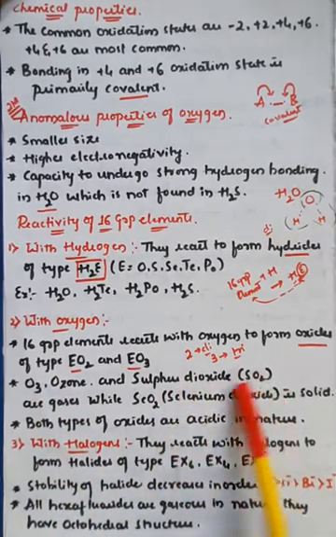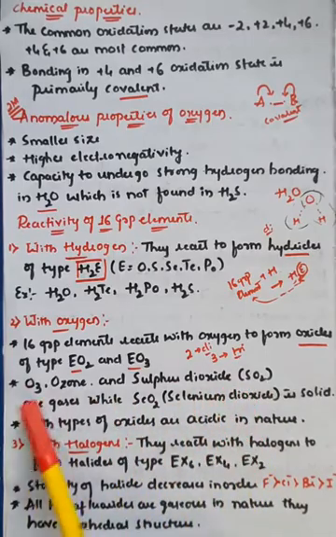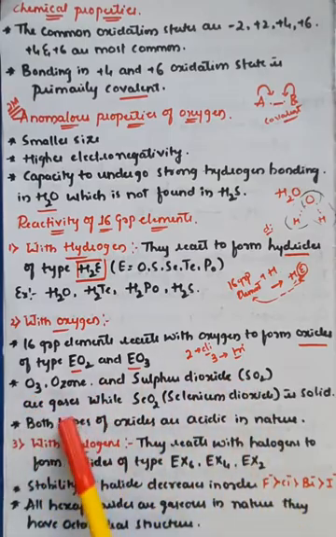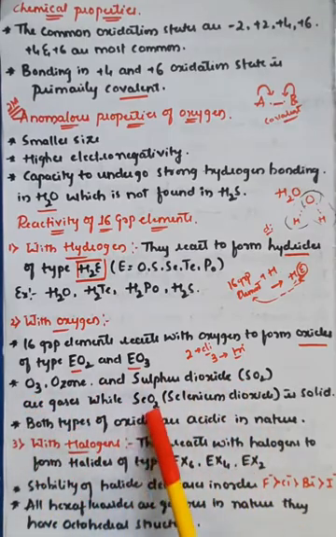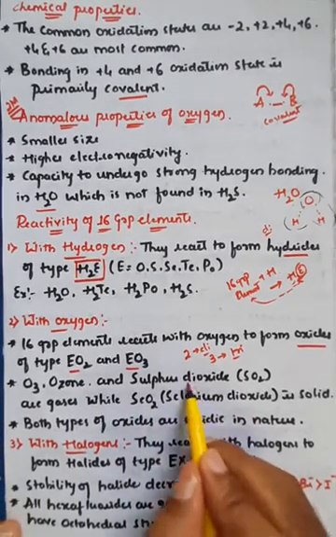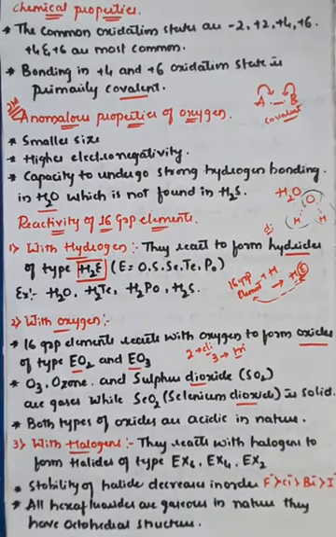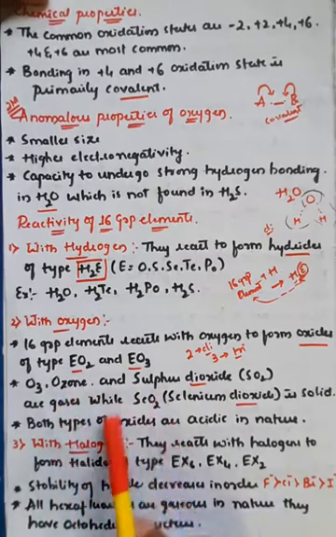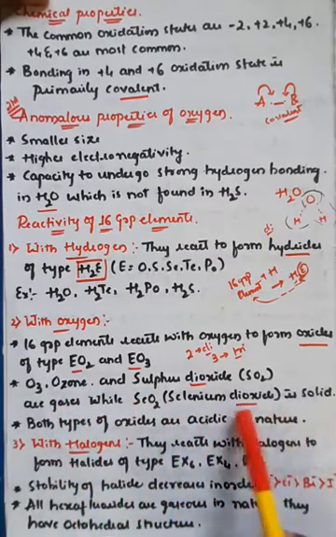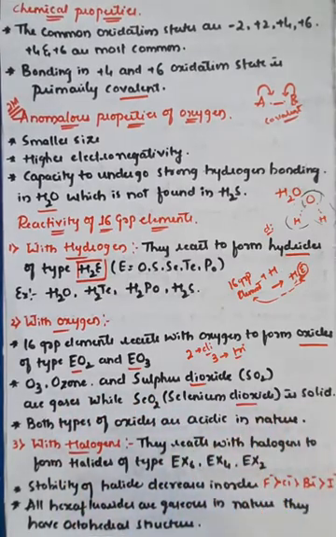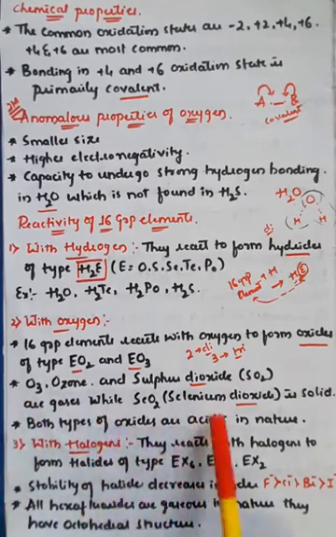So here sulfur is present in the form of dioxide, and in the case of ozone, it is in the form of trioxide. Whenever there is 2 oxygen, we will call it a dioxide. Whenever there is 3 oxygen, we will call it a trioxide. Ozone and sulfur dioxide are gases, whereas selenium dioxide, where selenium is bonded to 2 oxygen, is a solid. So they are comparing three compounds: ozone, sulfur dioxide, and selenium dioxide.